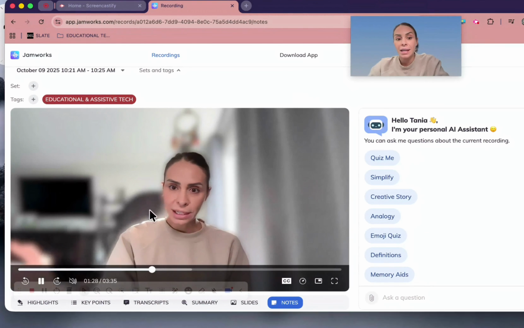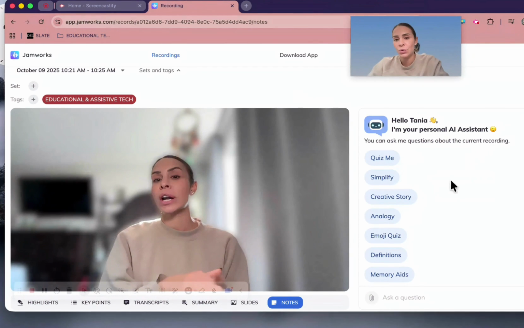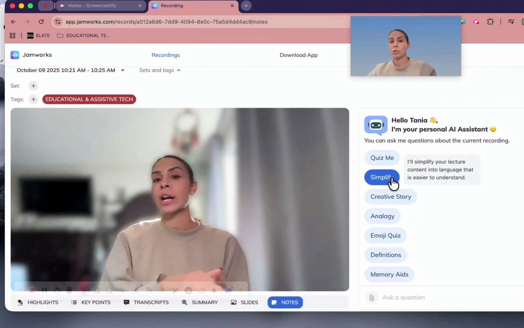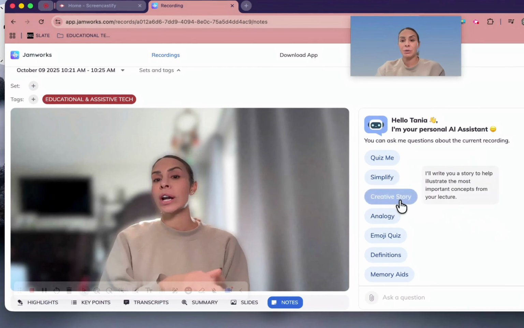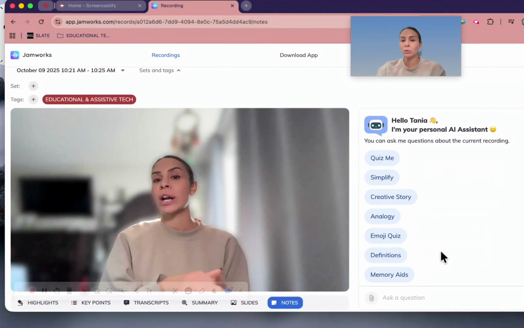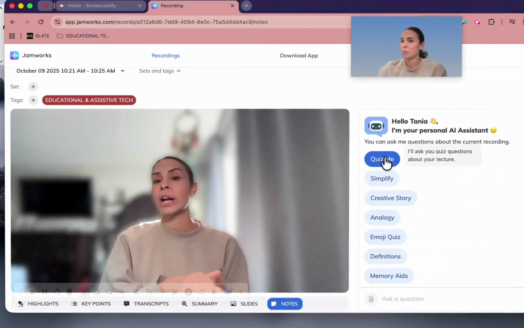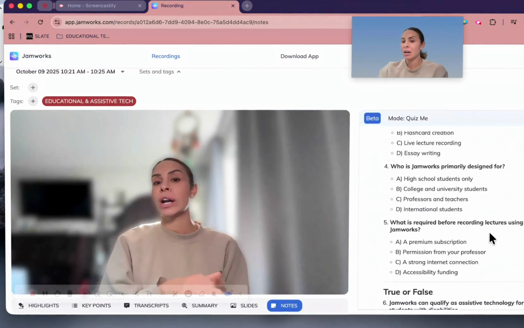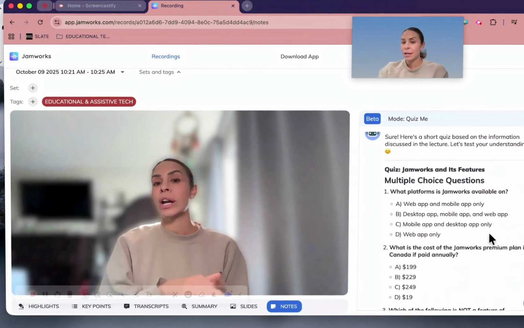So now let's talk about this little guy over here. This is the AI robot. So I can just ask anything. See, it just says there, I'll simplify your lecture content into language that is easier to understand. And for me, it's very good to use that because sometimes I don't understand certain things because of the language, since English is not my first language. It can create stories, but the thing that I really like is the quiz me part. So it will quiz me on things about the lecture, and